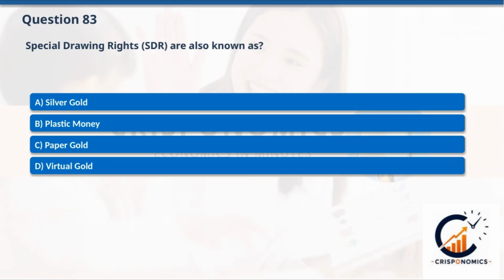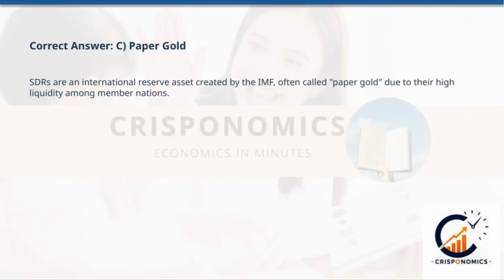Each option hints at a different way to think about money or value. Understanding SDRs means knowing how they function in the global financial system and why they're sometimes compared to gold, but not exactly the same. Special drawing rights, or SDRs, are a kind of international reserve asset created by the International